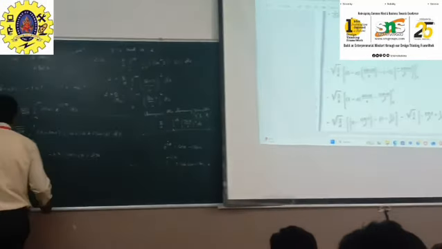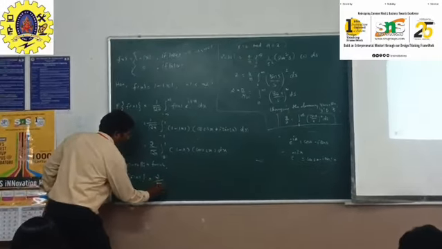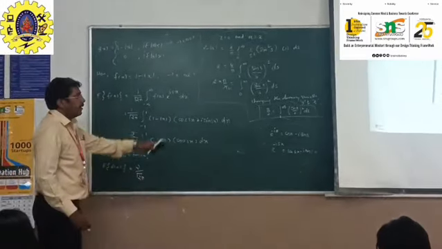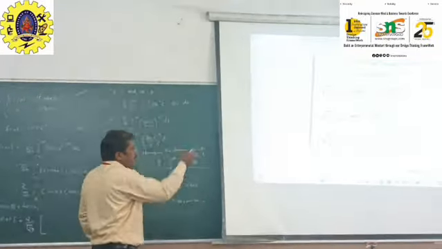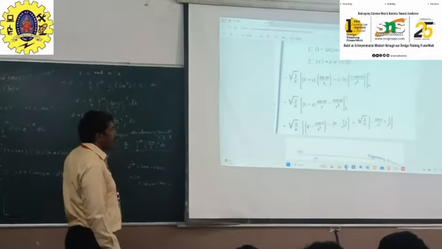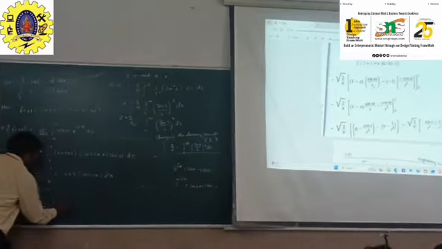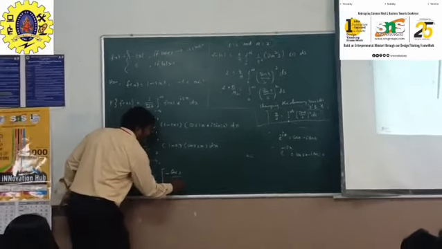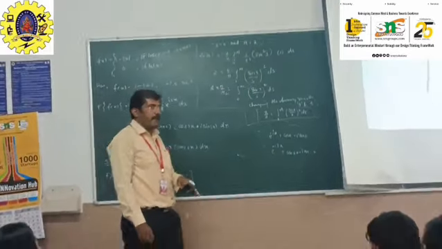What is the final answer? 2 by root 2 pi, into minus cos s by s square minus cos s by s square plus 1 by s square. So by using Bernoulli's formula, by using